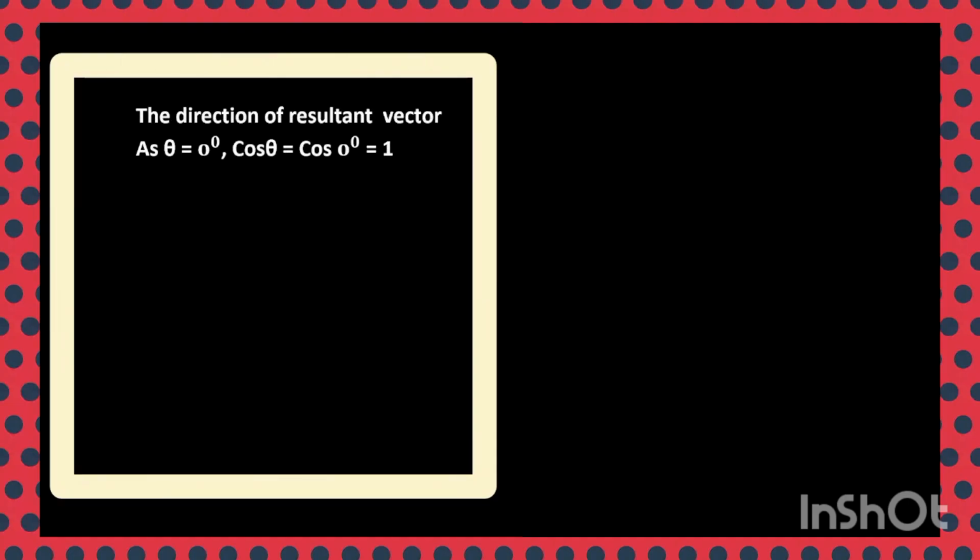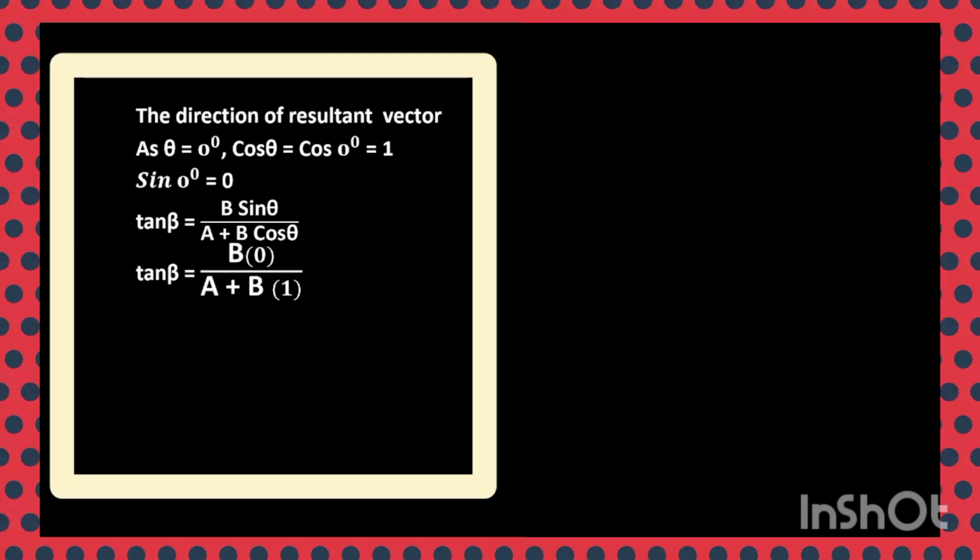Again, we will find the direction of the resultant vector. We have cos 0 degree equal to 1, sin 0 degree equal to 0. So tan beta is equal to B sin theta by A plus B cos theta. You have to use the same expression for finding the direction angle. By putting the values, we shall get tan beta is equal to B into 0 by A plus B into 1, which is tan beta equal to 0, and tan beta is equal to tan 0 degree because tan 0 degree is equal to 0. So in place of 0, we can write tan 0 degree, and here we can cancel tan. After cancellation, we shall get beta is equal to 0 degree, and this is the direction